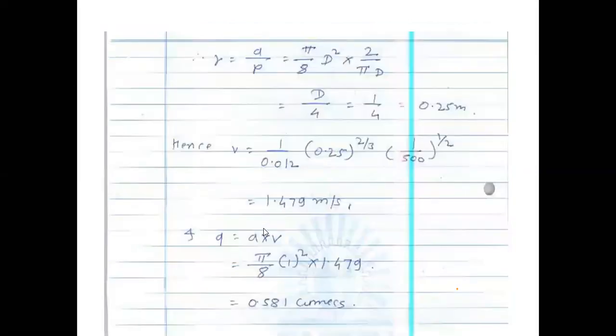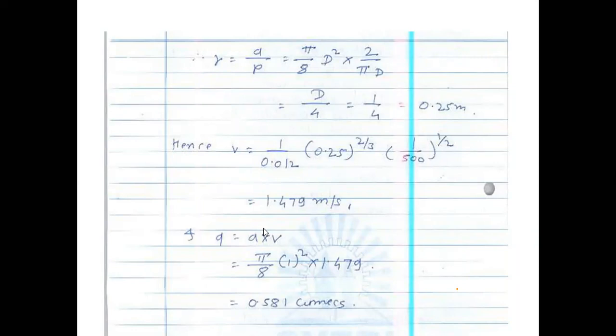So the final equation for R, that is small r is equal to A by P is equal to pi by 8 into d square into 2 upon pi d. That means these values we have put. And the final equation we are getting is d by 4. But what is the D given in this example? D is given to you as 1. Is it? So 1 upon 4, it becomes 0.25 meter as a small r, the hydraulic mean depth when it is running half full.